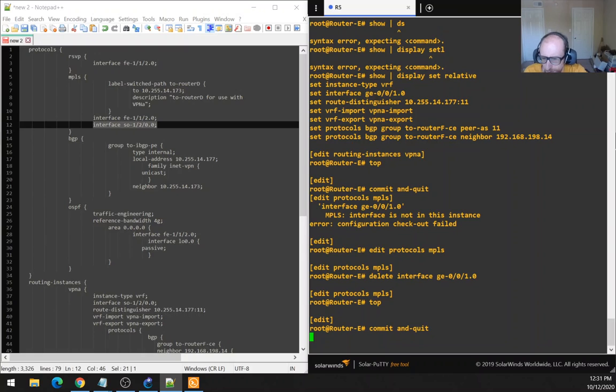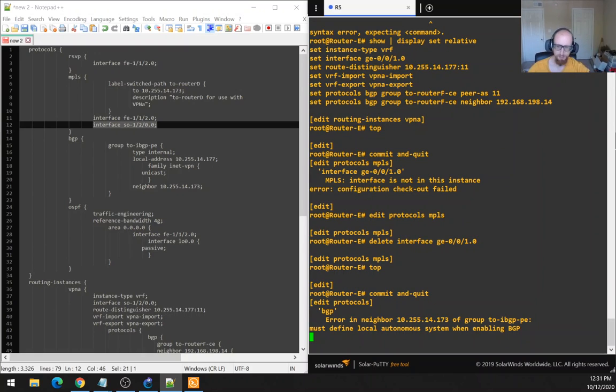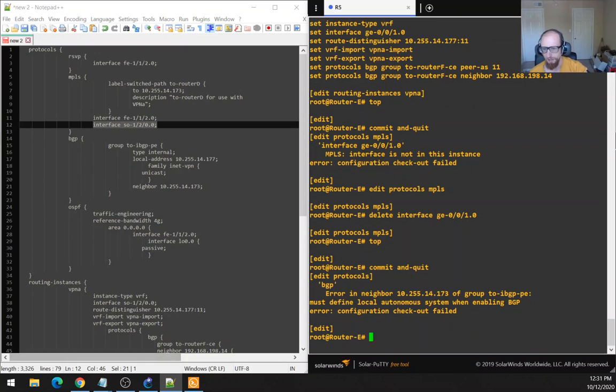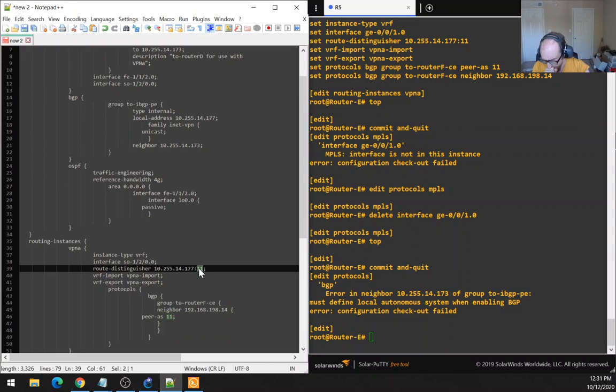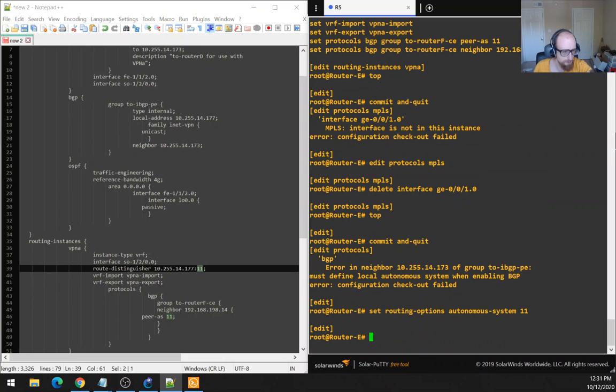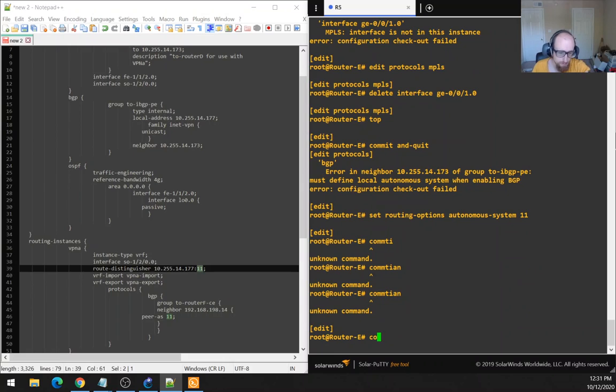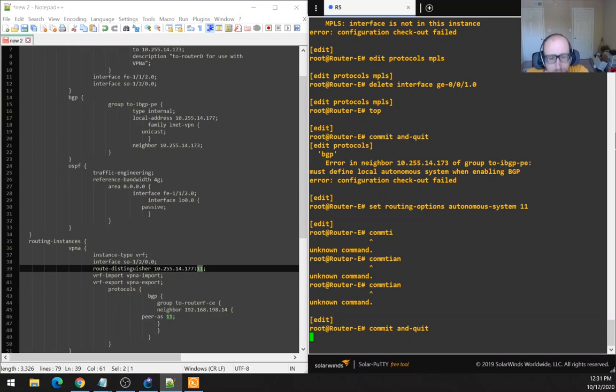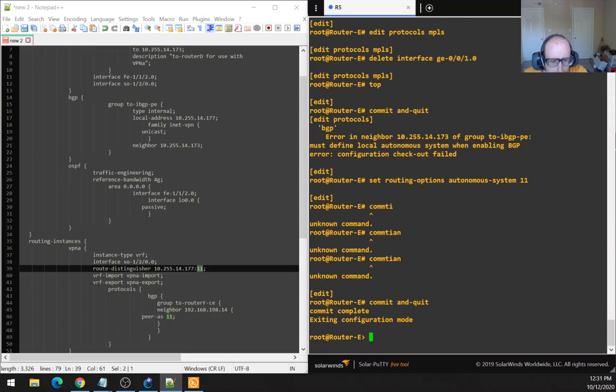Okay, so now hopefully, oh, we might, yep, so we're missing the local autonomous system as well. Let's use 11 because that's what the route distinguisher is using. But we might need to troubleshoot that and figure out what it is meant to be for real. Okay, I don't think there'll be any more errors after this, and I do think that router F will have